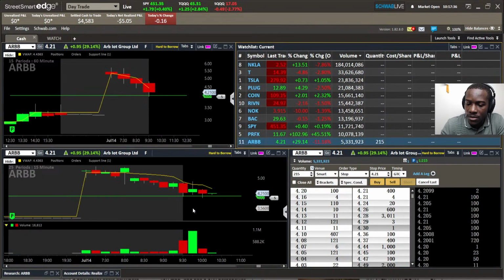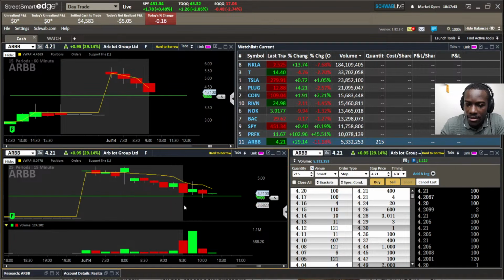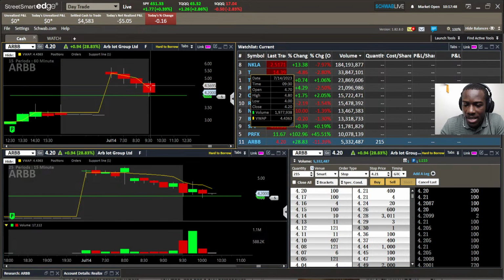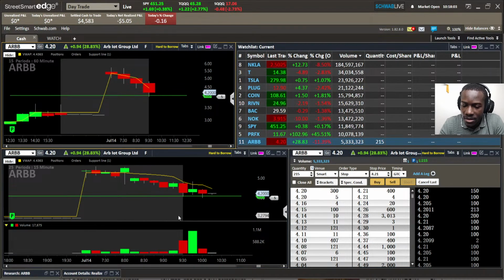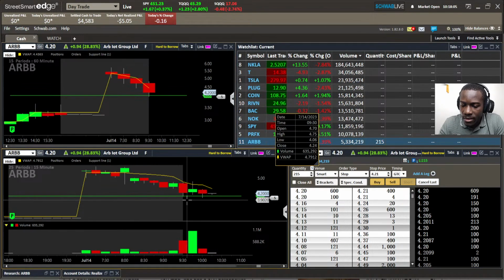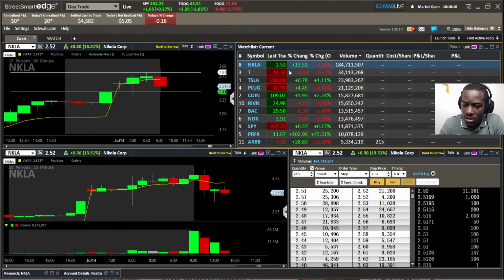ARBB now above 421. Let's see if it can get over this 438 up here. It's kind of holding this $4. I just want to see it hold the $4. Now use the bottom of the hour candle to get out. So the low of $4 right now is my out. Looking for it to start breaking over that 421. But the volume is also drying up. So, you know, I'm optimistic, but I don't want to be foolish.